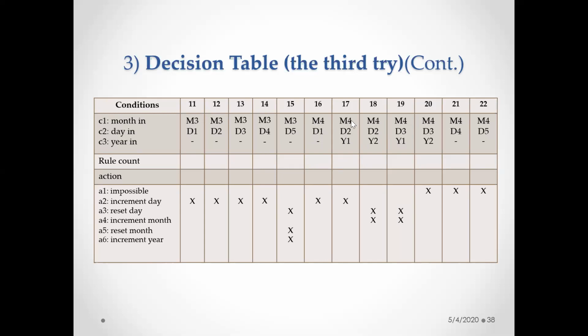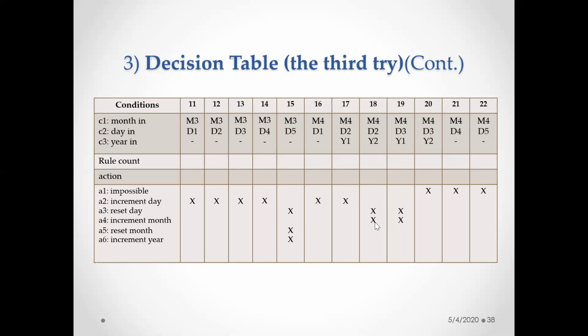So with respect to your M4, with respect to D2, Y1, if you are taking it, Y1 is a leap year, then you increment the date. Why? After 28, if it is a leap year, the 29th day is also present. So based on that, it will be done with respect to incrementing. If it reaches D2 followed by M4 followed by Y2, D2 is the 28th day. Once it reaches that point, you will be resetting, with respect to Y2 I'm talking about. Y2 is a non-leap year. Non-leap year means you need to reset the day after reaching 28.